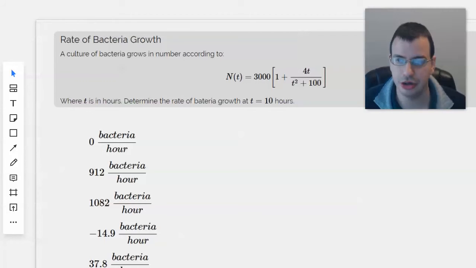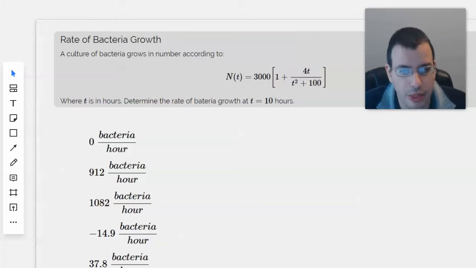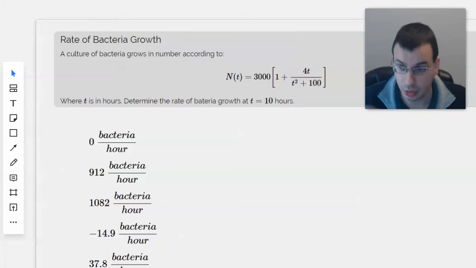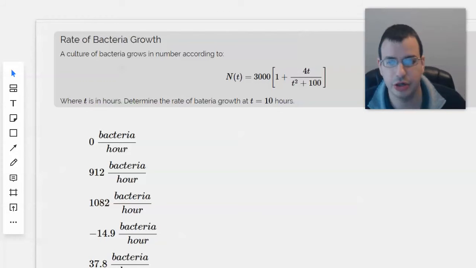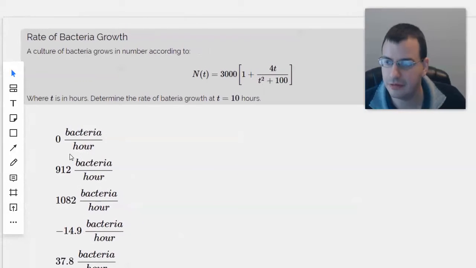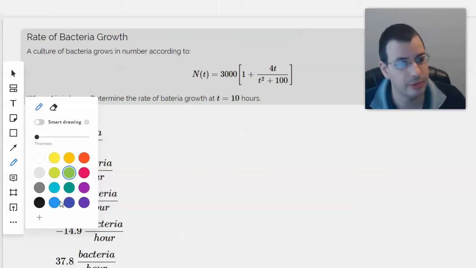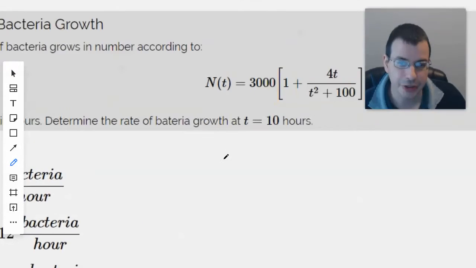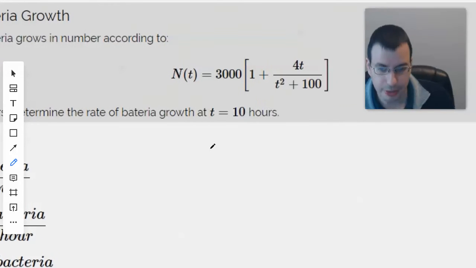A culture of bacteria grows in number according to that equation, where t is in hours. Determine the rate of bacteria growth at 10 hours. Okay, so what this is saying is find the derivative, plug in the value of 10. So, let's see, we need to find